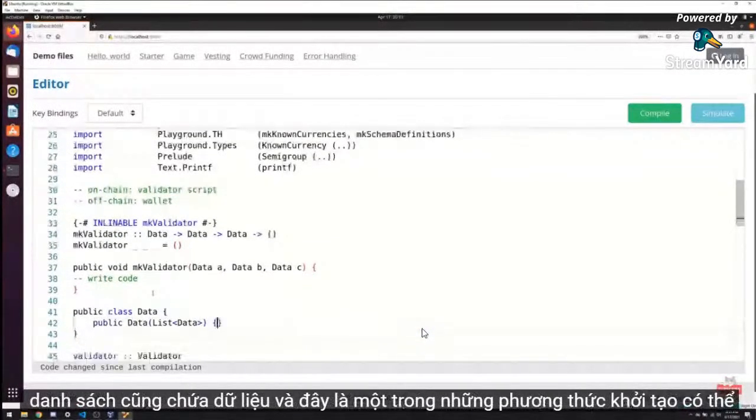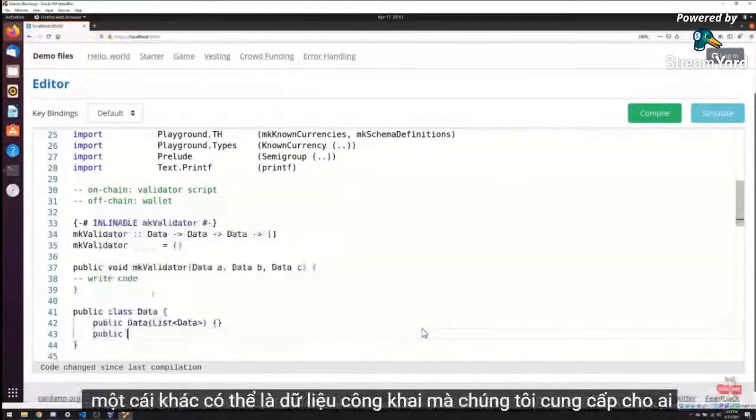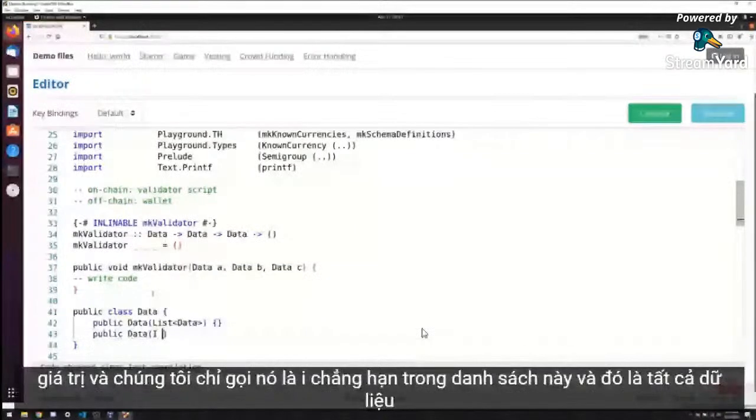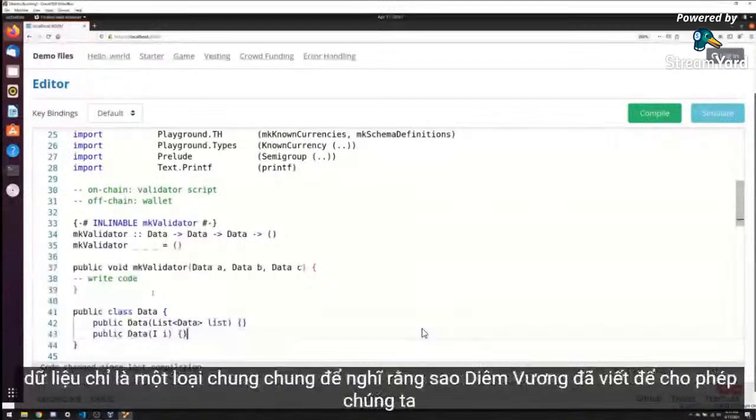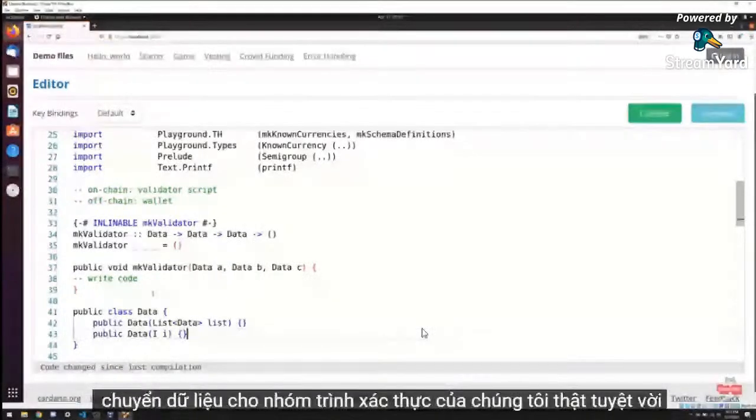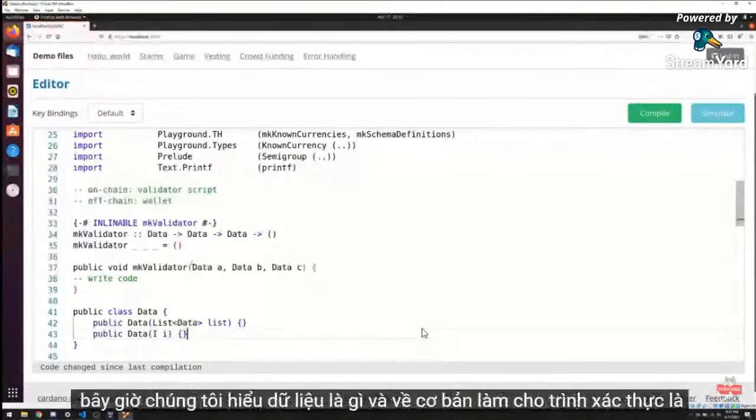Another one could be public data. We're given an int value, and we just call it I, for example. And this is list. And that's what all data is. Data is just a generic type that Plutus wrote to allow us to transfer data for our validator script. So great. Now we understand what data is and what essentially MK validator is,